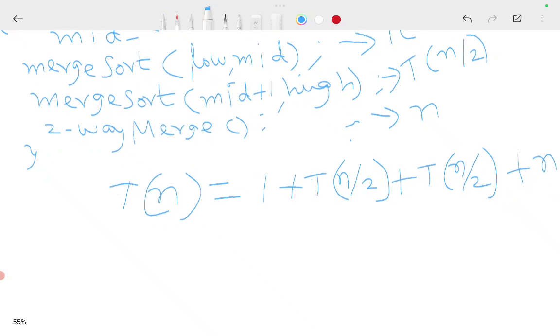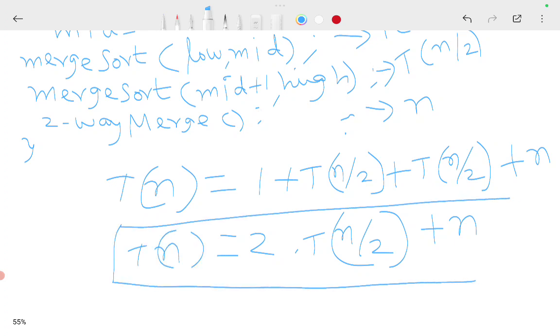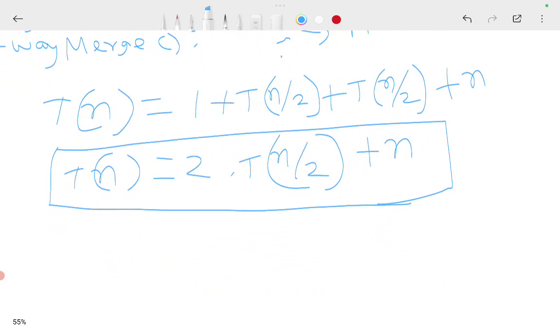So it can be written as 2 into T of n by 2 plus n. This is the recurrence relation for this algorithm or pseudocode. Now if you apply Master's theorem or the substitution method, then the time complexity can be derived as